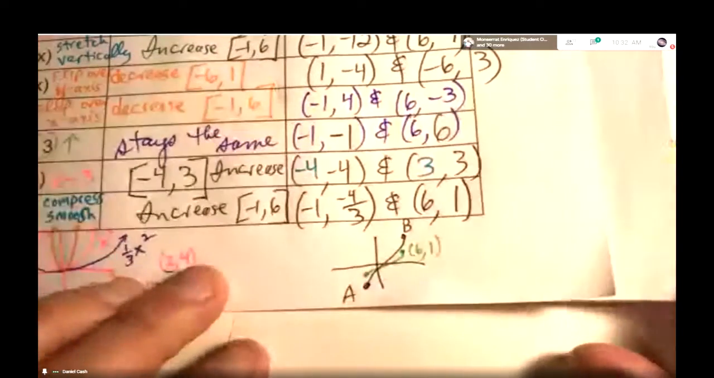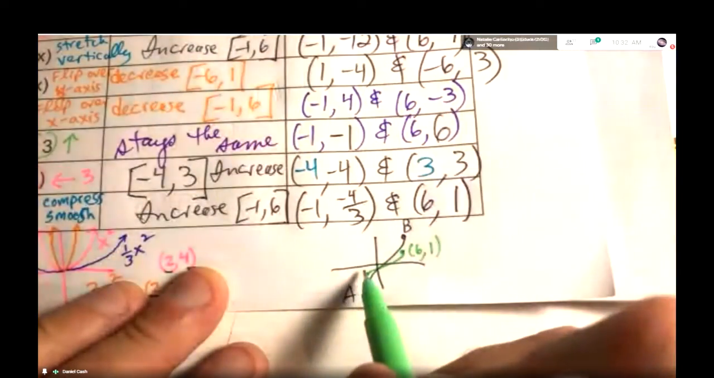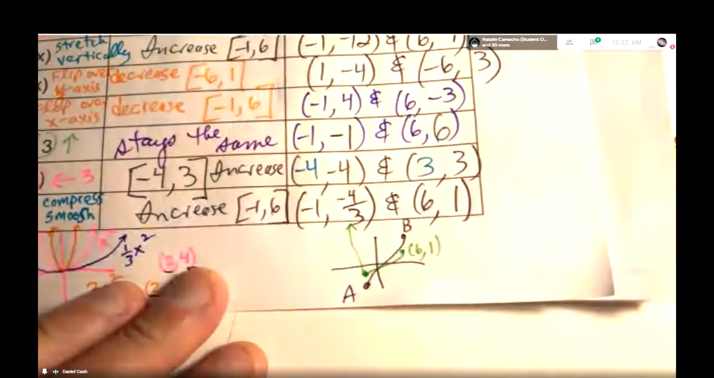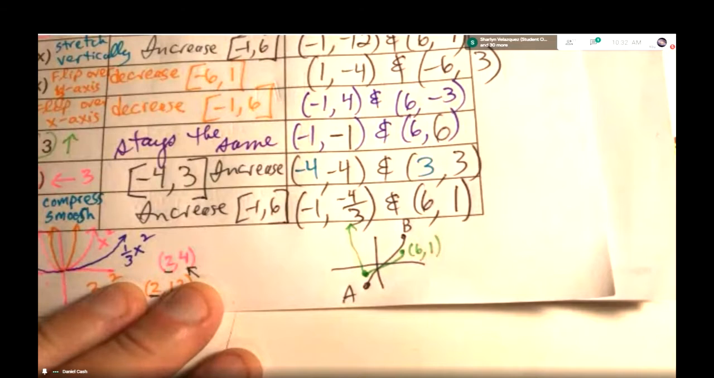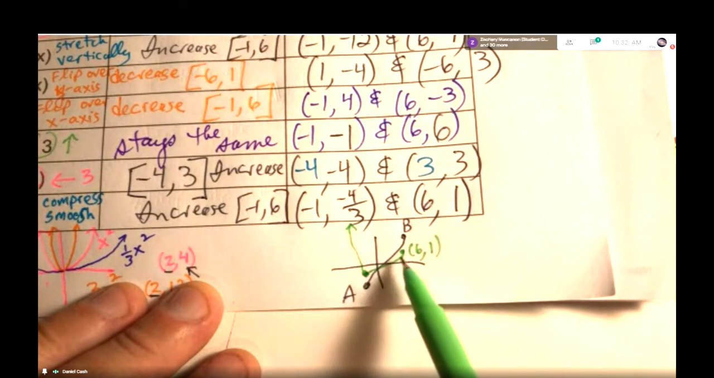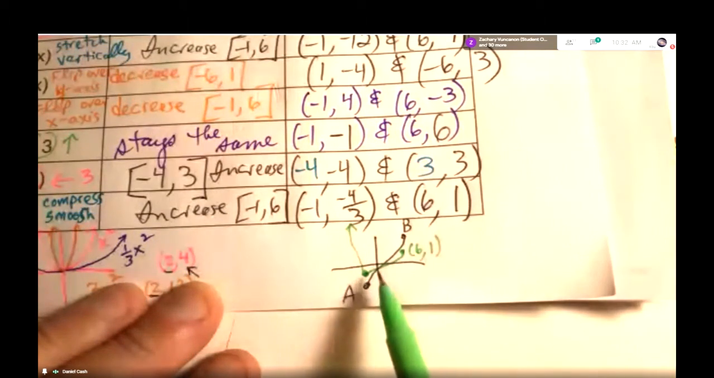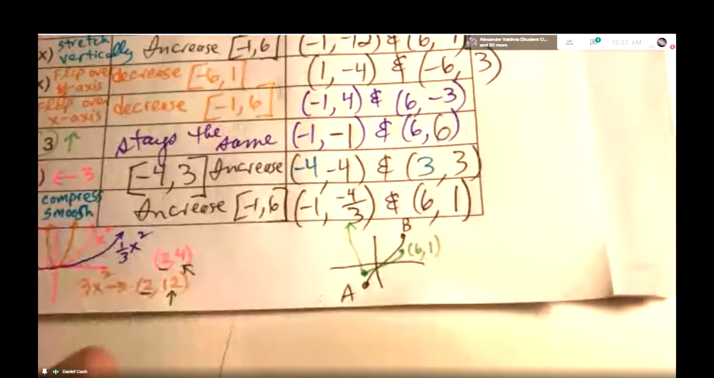Yes. Okay. So this little point here is negative 4/3. So it got smushed. It's still increasing over the same x interval from negative 1 to 6, but the endpoints got affected in the y direction. So what you're going to do